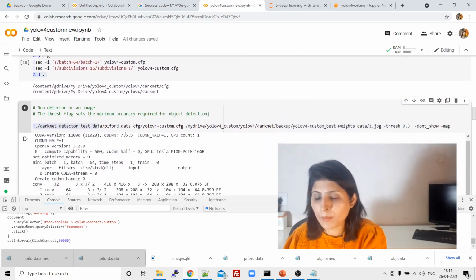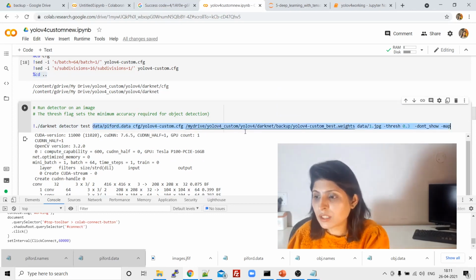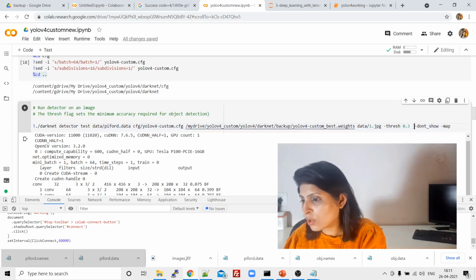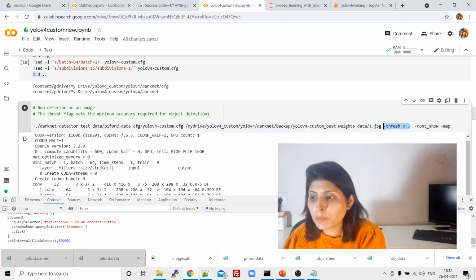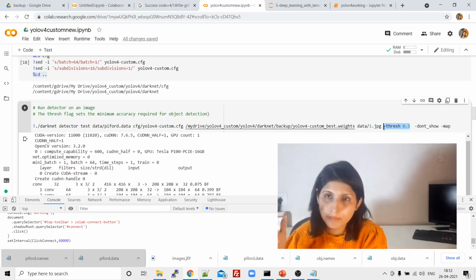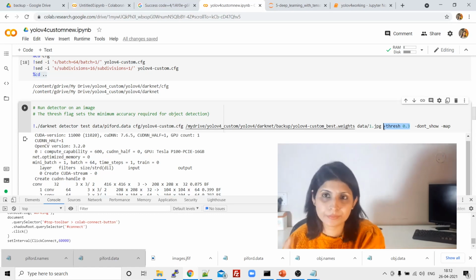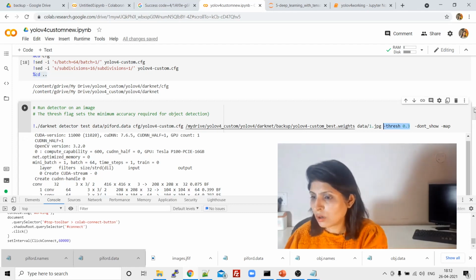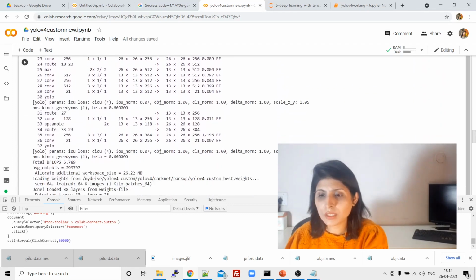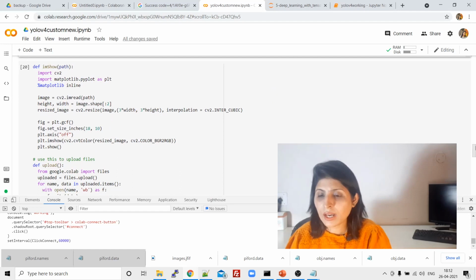So this is the command which will test your algorithm, darknet detector test. Again you have to write this whole command. Threshold 0.3 simply means the minimum accuracy required for this algorithm should be 0.3. Okay, so this test part will run, and after that